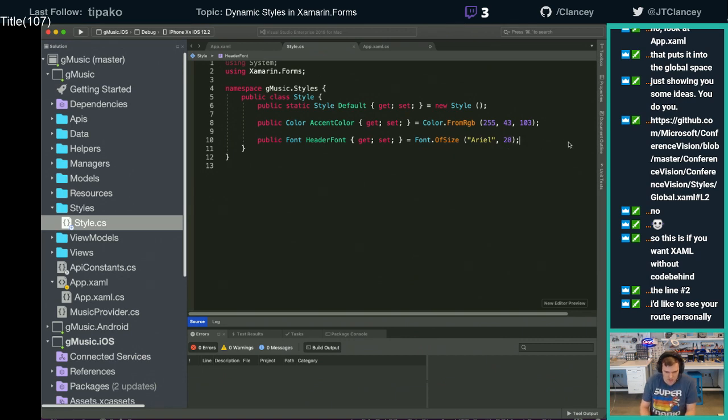Okay, now we need to have a public virtual style, and we will say app, just because of that. Now app.resources, and I am going to